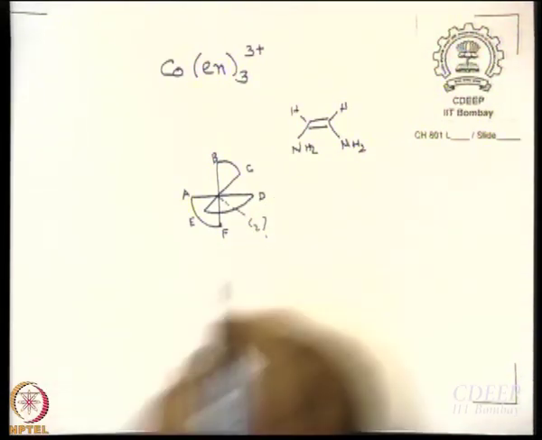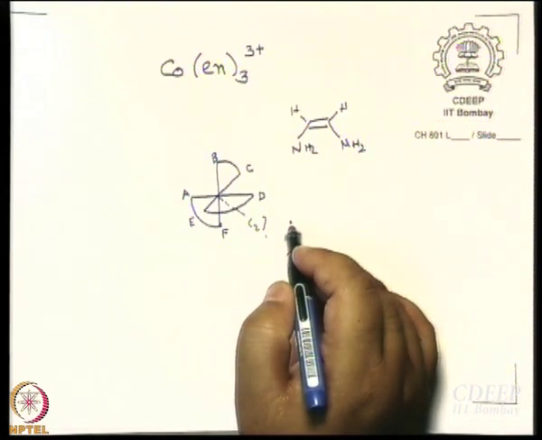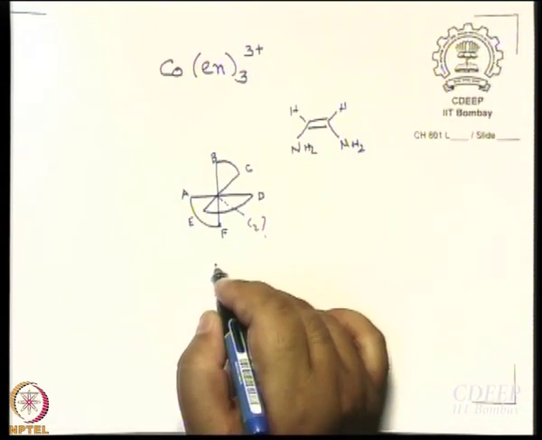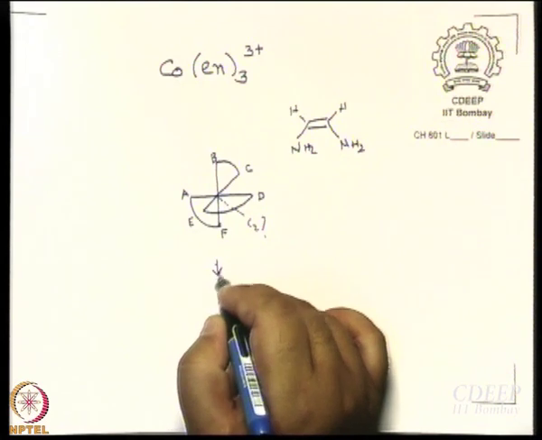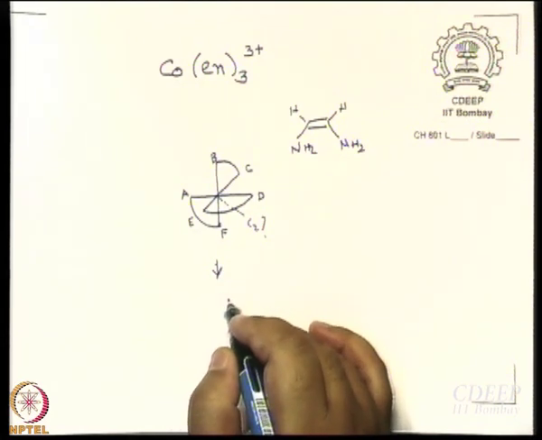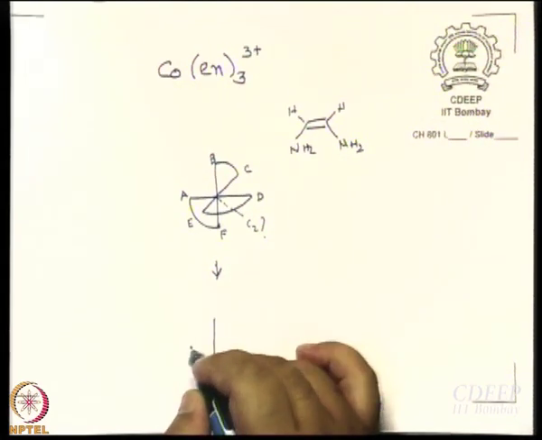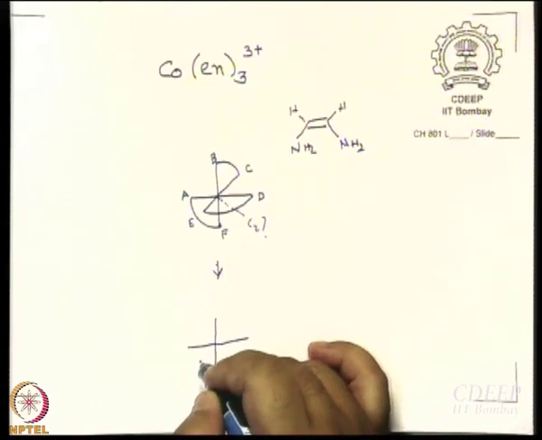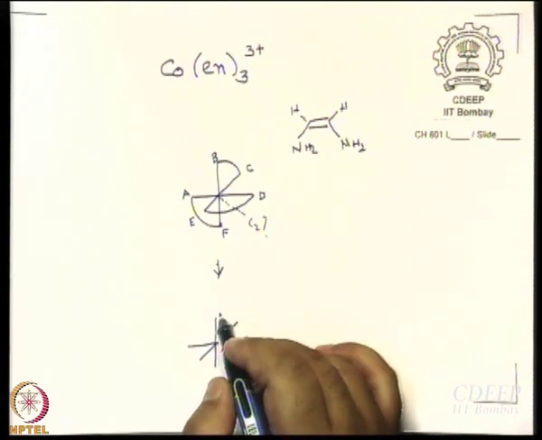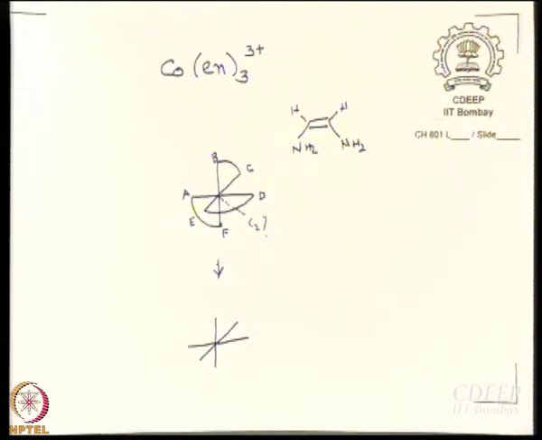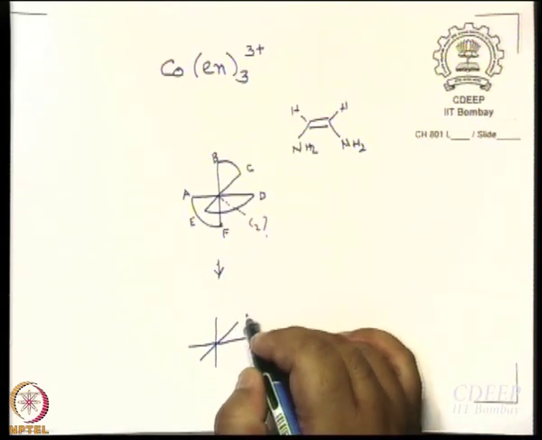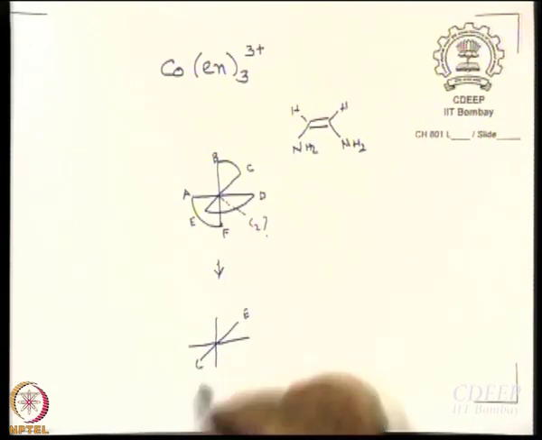Let us see. Let us do this operation and see what happens. Forget about the connectivities to start with. Just perform the C2 operation. See which letter goes where. If you perform C2, E and C will be interchanged, isn't it? Yes. Right? So I will write E here, I will write C here.